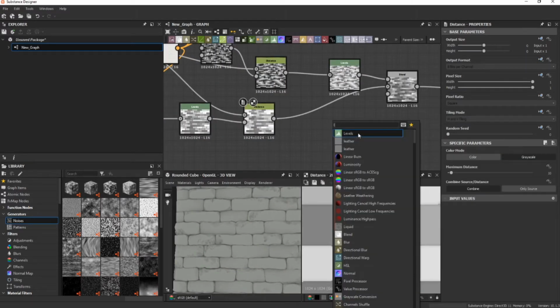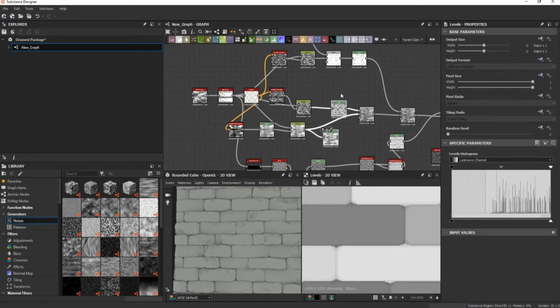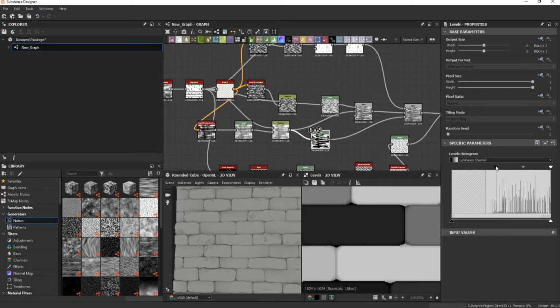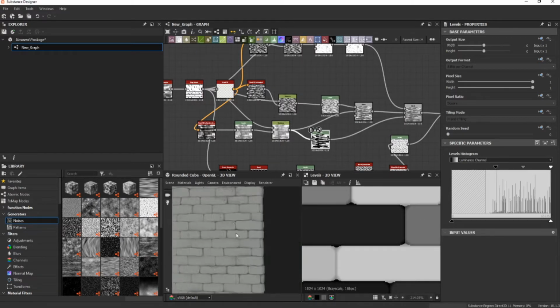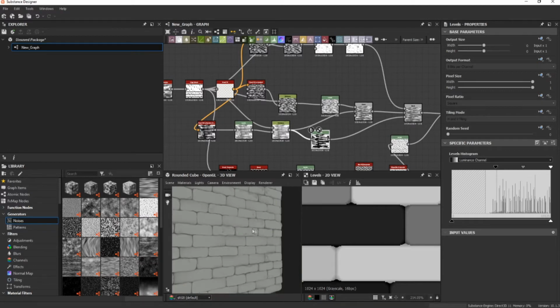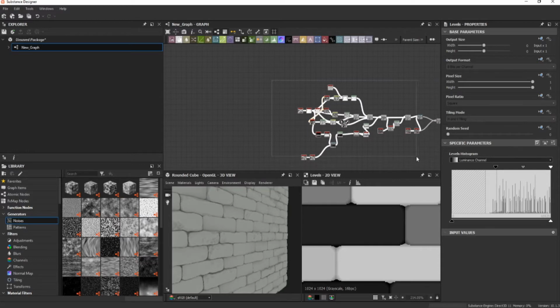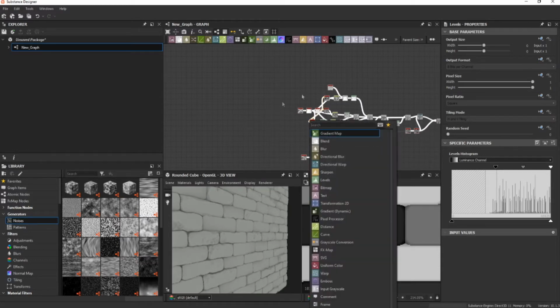And with a mask, I will create a levels and put on this opacity. Okay,